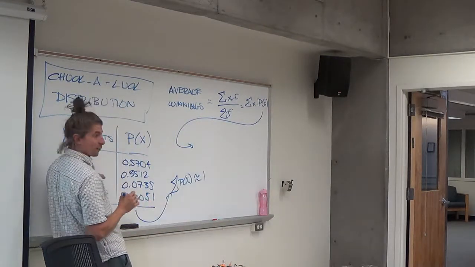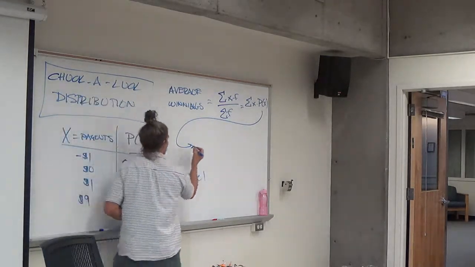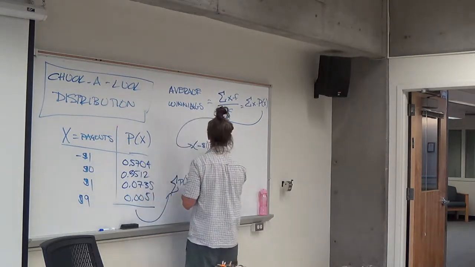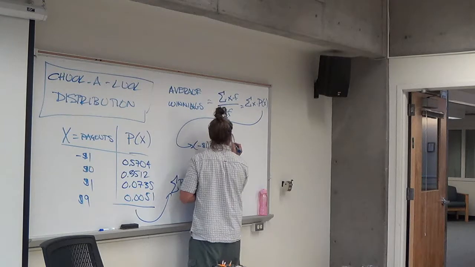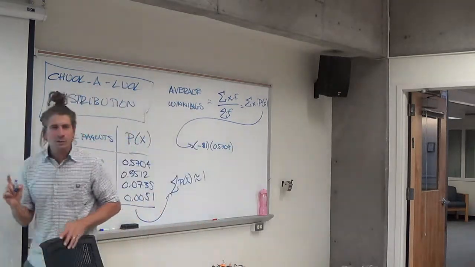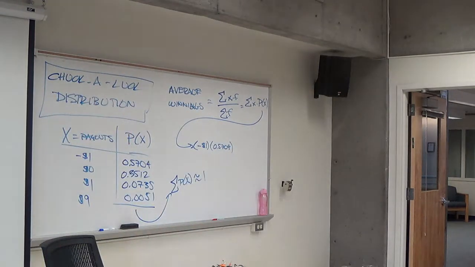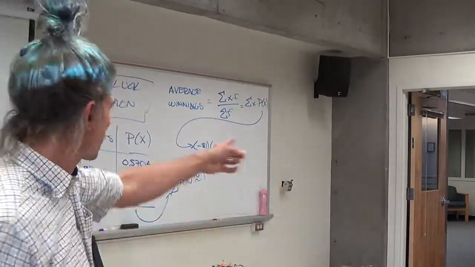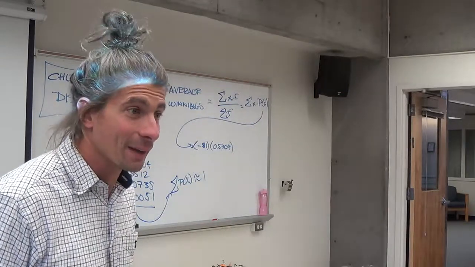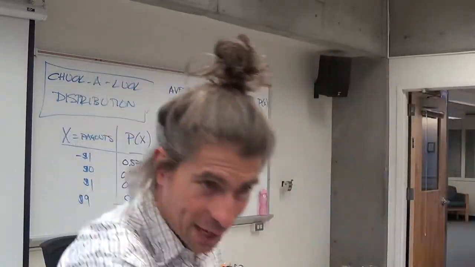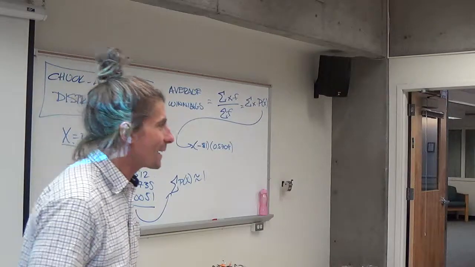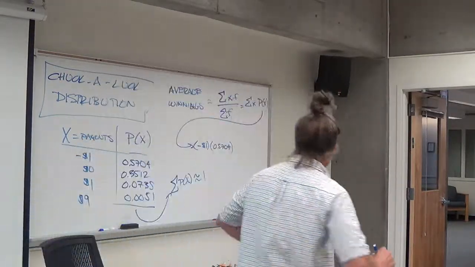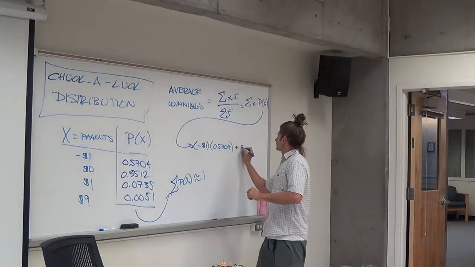First payout, -$1 times the probability, 57.04%. At this point yesterday, a student stopped me and said, "Dude, why would anybody play this game?" Because her point was that you're losing 57% of the time, right? And this goes back to what you guys were saying about Vegas making money. And I said, psychometrically, they've got you with the next one. Watch this. Then,